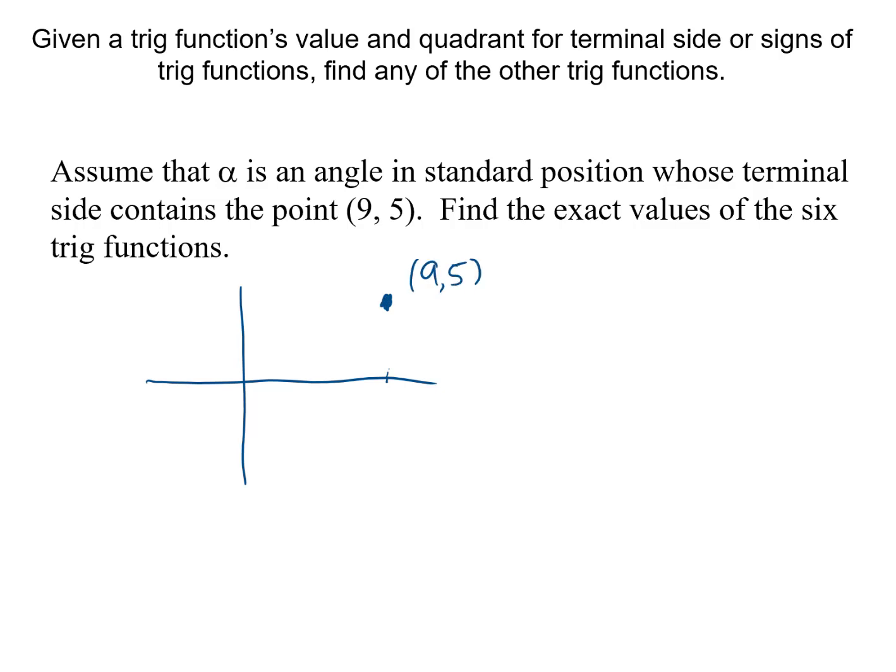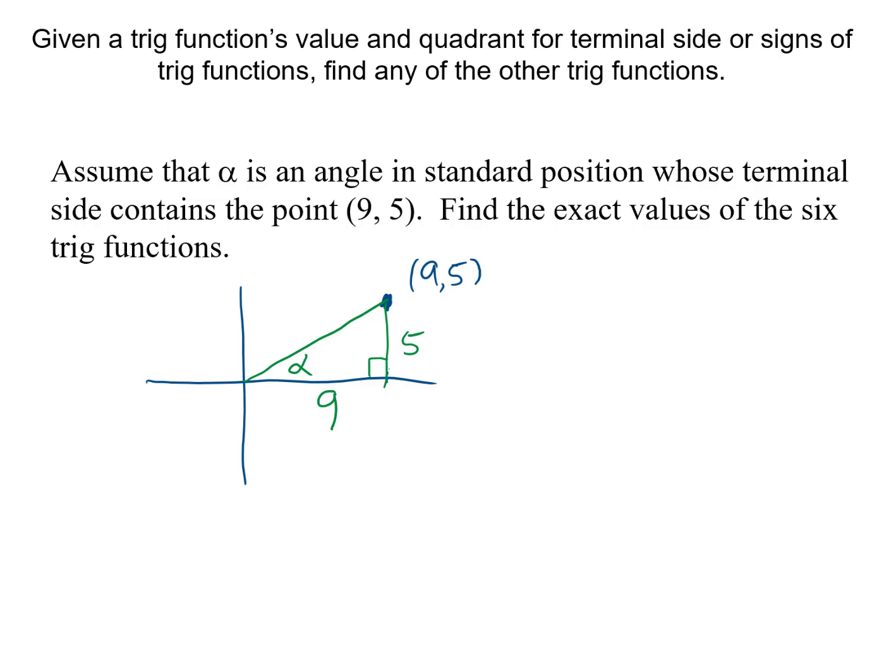And with that, I can make a triangle. This side is 9, and this side is 5, and then my angle alpha is right there. We need to find the 6 trig functions. Well, this is a right triangle, and I can find 6 trig functions from a right triangle if I know all of the sides. I know 2 of the sides, and if I know 2 of the sides, I can